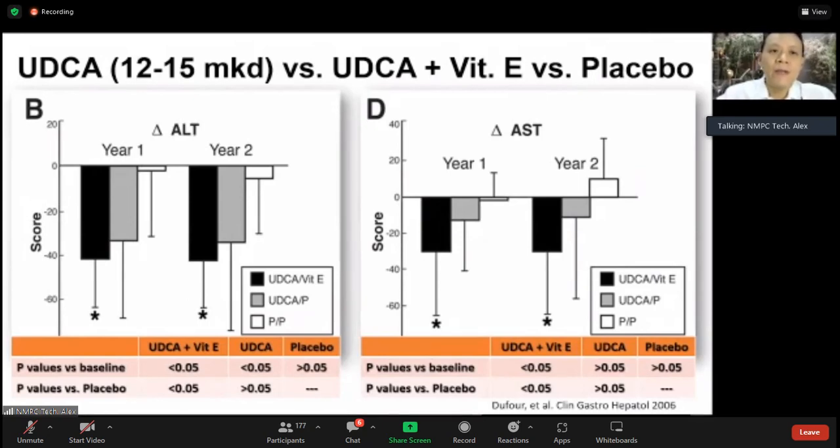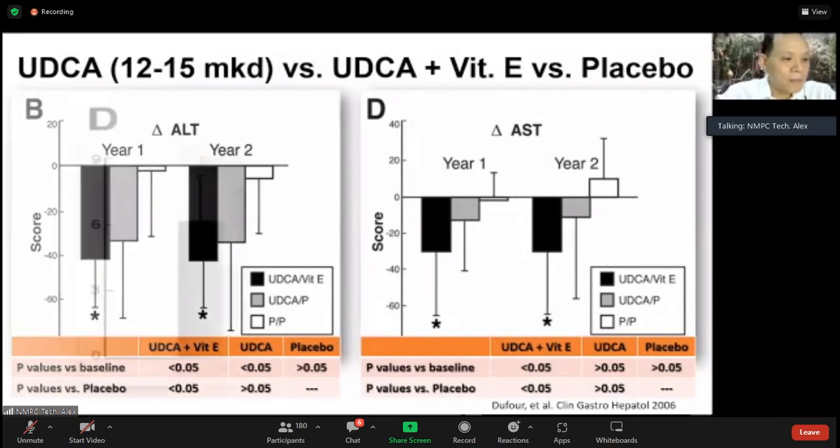So this is a 3-arm study, UDCA alone versus UDCA plus vitamin E versus placebo. And you can see that for both ALT and AST, although there was a numerical difference between your UDCA alone group, shown in gray, versus placebo, only the combination group showed a significant difference compared to your placebo group. So for both ALT and AST, the combination group was better, although there was a numerical difference already comparing your UDCA